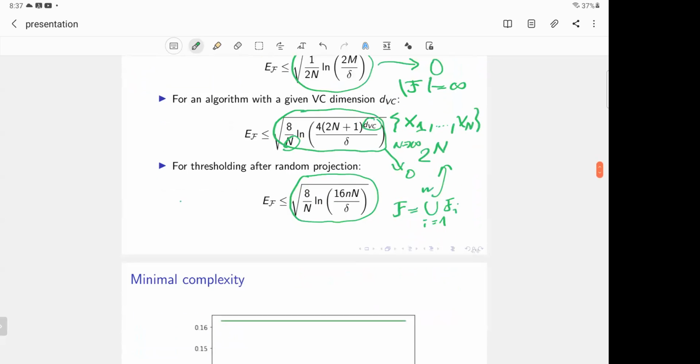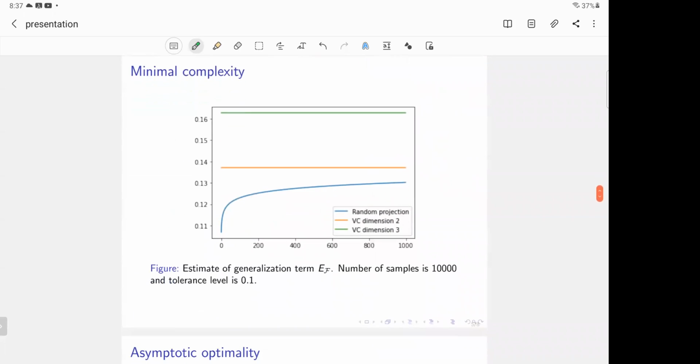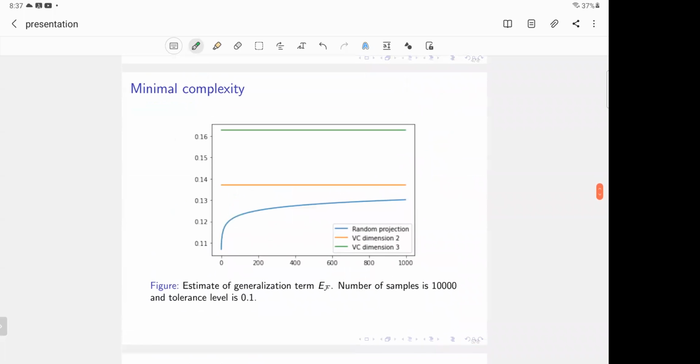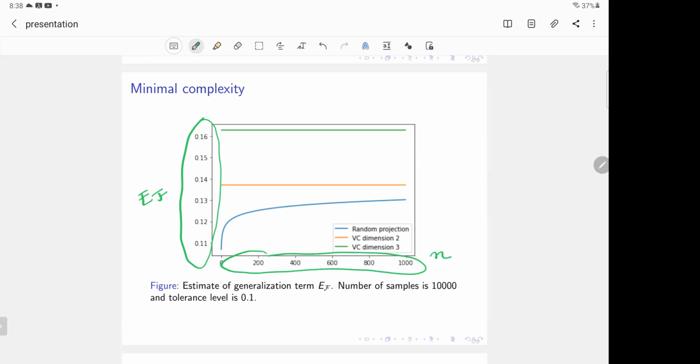In the next slide, I have a comparison between the estimate for the generalization term for random projection and for an estimate given by VC dimension. On the vertical line, we have the value for the generalization term. It's computed using number of samples of 10,000 and the tolerance level delta equal to 0.1. And on the horizontal line, we have values for different n, so number of projections, which varies in between 1